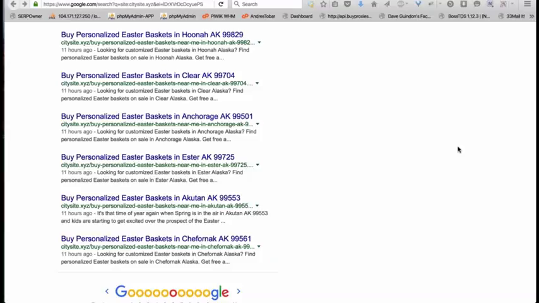Otherwise, there's also Weather Underground. It's a plugin that works very well with the Surfshaker type setup, because all you have to do is add their W Underground shortcode. I believe it's W Underground, and then you just add the zip code or the city that you're targeting. It's one of the few weather widgets that you can target by city name or zip code. So it works perfectly with that.